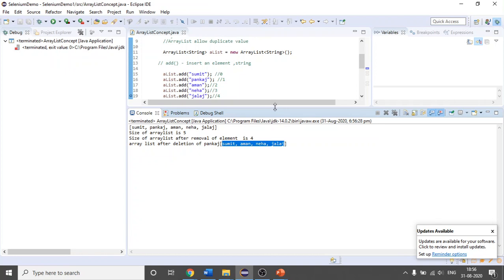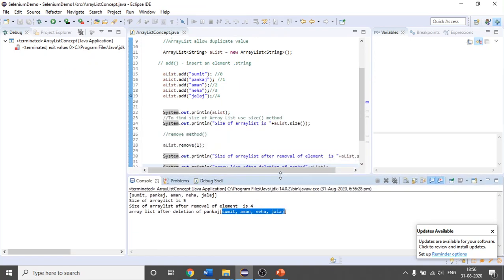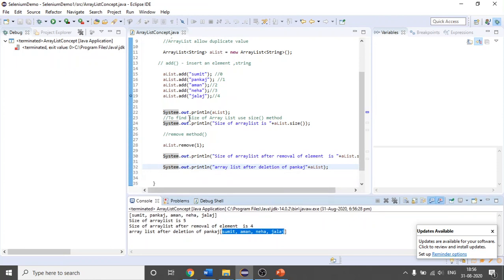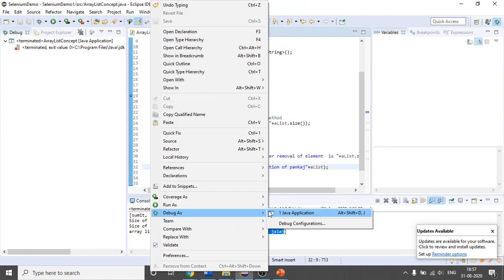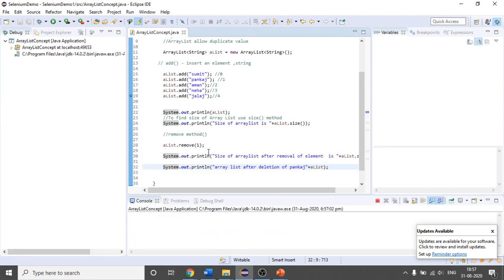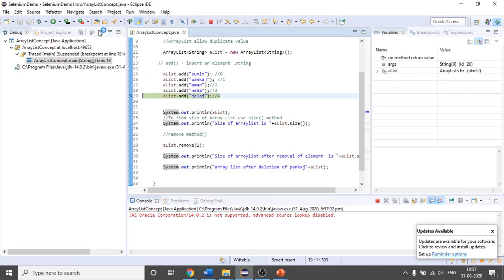Okay, this concept was not possible. And let me also debug this program so that you can understand it better. So right clicking, debug, and then I will run it. So after the execution of this,